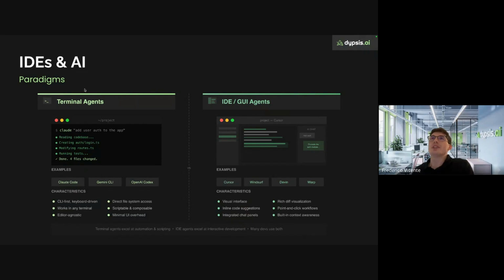Today, there are really two kinds of paradigms that I wanted to talk about. We have the more terminal-based agentic coding systems, which Cloud Code belongs to, where the focus is more on the models themselves and the agentic patterns that the developers think work best to augment the productivity of developers.